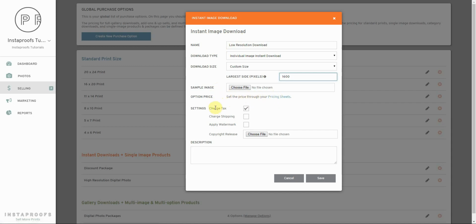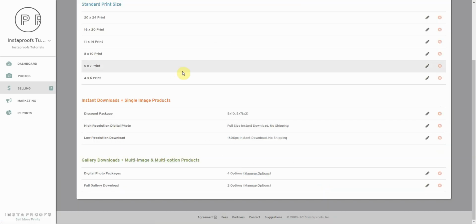And then the last settings are whether or not we'd like to charge sales tax, charge shipping, apply a watermark to our file, and whether or not we'd like to add a copyright release to this image. I'm going to leave these options blank except for the charge tax. And in the description, I'm going to describe the product as a 1600 pixel image that's perfect for sharing on social media. We'll save the option. And as the page refreshes, we can see that the low resolution download has been added